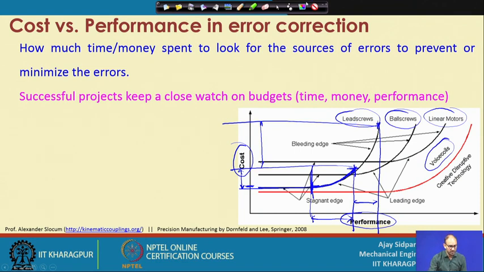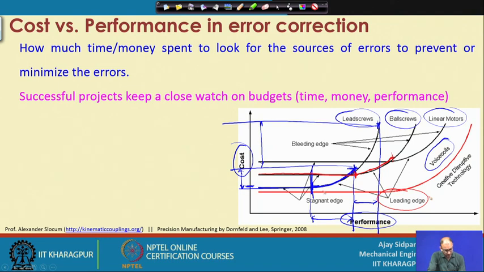So, if you continue in this case, there is another technology, the ball screw. Now, what happens if you use a ball screw is that your machine will perform for a little bit longer time in a stagnant stage, up to this point, and then the same thing will occur: if you want to increase the sophistication and intelligence of that machine, then you have to spend money. Again you have to think up to which location you are getting a stagnant edge, or this is called the